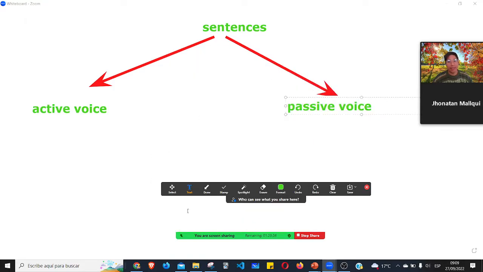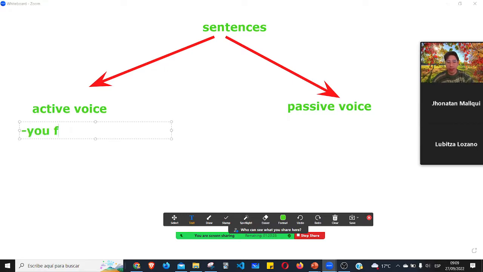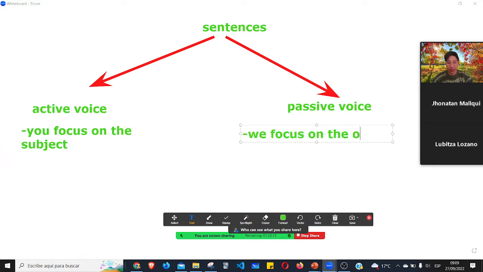Okay. Active and the passive. For example, when you use the active voice, you focus on the subject. And in the passive voice, we focus on the object. But now the names are different. Okay, so we focus on the subject, we focus on the object. In this case, for example,